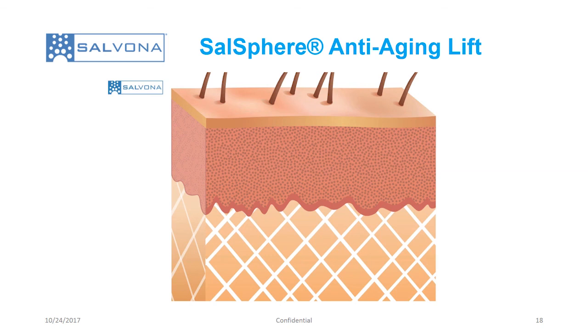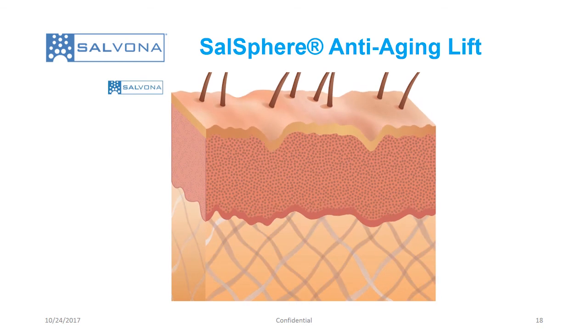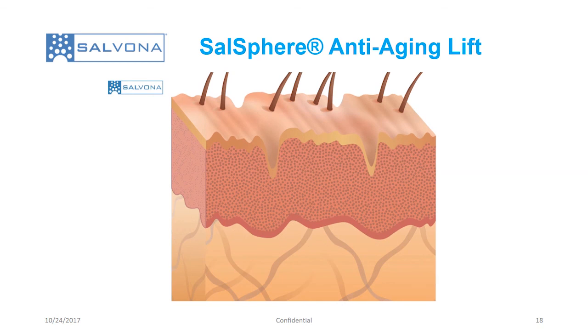Here is an illustration. How does it work? You see here the stratum corneum, the epidermis, and the dermis. As the skin ages and the fibers are breaking down, we start to see the wrinkles, the cavitation of the epidermis. Once we apply the SalSphere-based technology, we can see how the submicrospheres start to break down. On the first rubbing onto the skin, the shell forms a layer on the skin, and this gives the